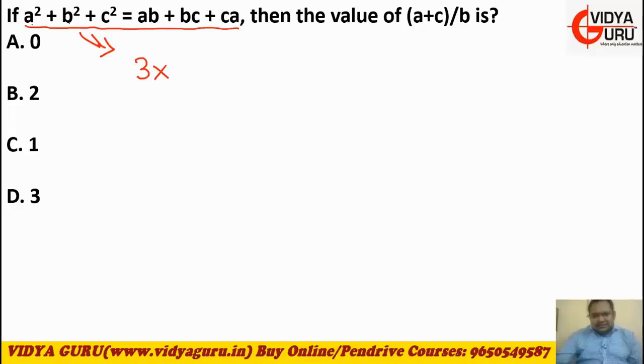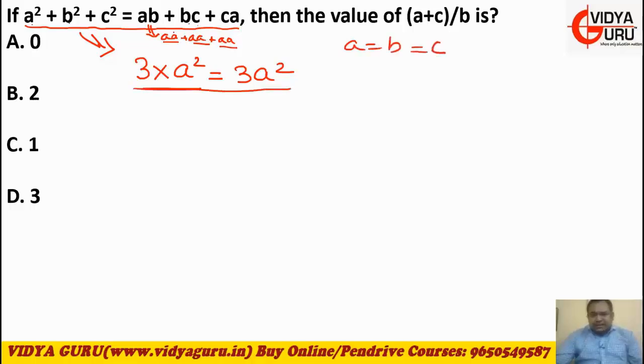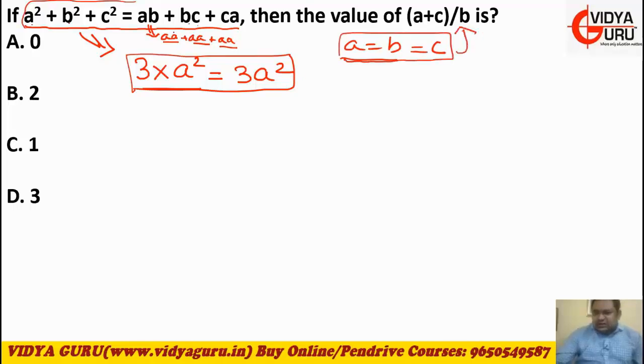So I can say that 3 times a square is given to be equal to, now ab can be written as a into a, b is also equal to a, c is also equal to a. So this actually becomes a square plus a square plus a square. So you can see, if you assume a is equal to b is equal to c, the values fit perfectly. So all the mathematical rules are respected, no rule is violated. So basically the real meaning of giving this is that you should take a smart move and assume a is equal to b is equal to c and then solve whatever is being asked.